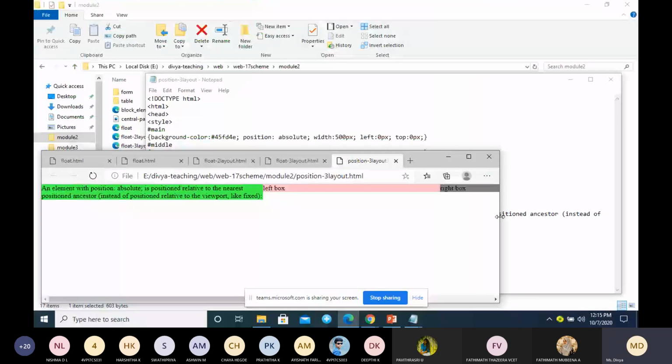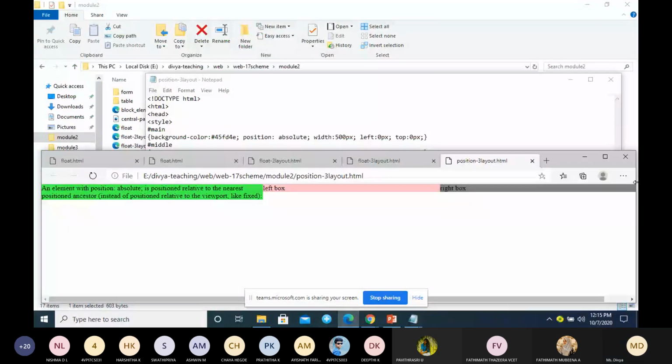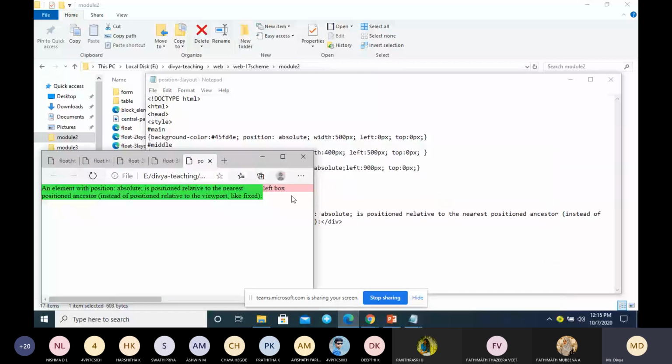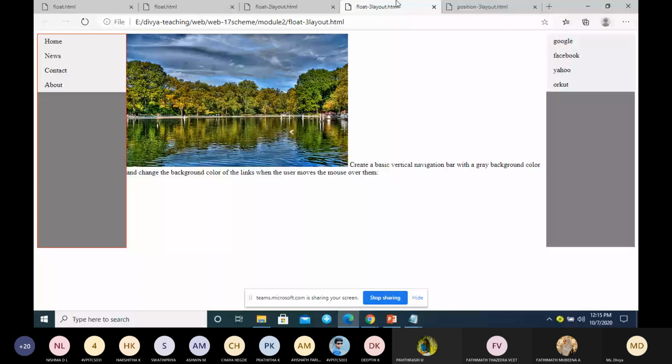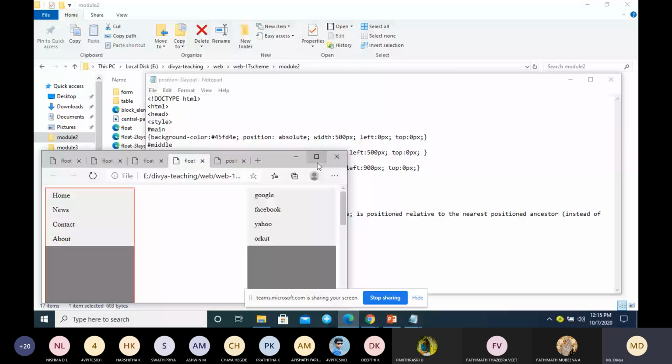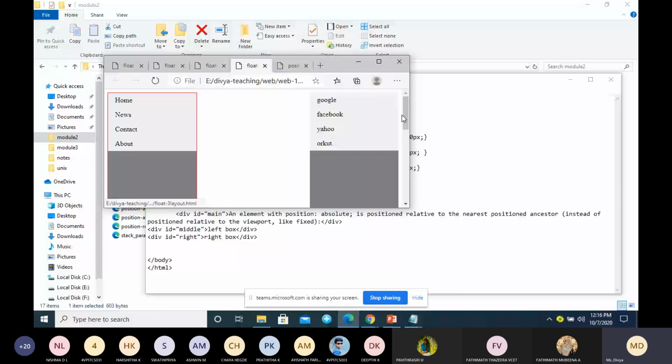Whenever you make any change to the size of the screen, the right side column will not be visible. That is a drawback. When the screen is small, you cannot see the third column. Similarly, when you make a change, the middle column will scroll down and be displayed here because we don't have enough space.